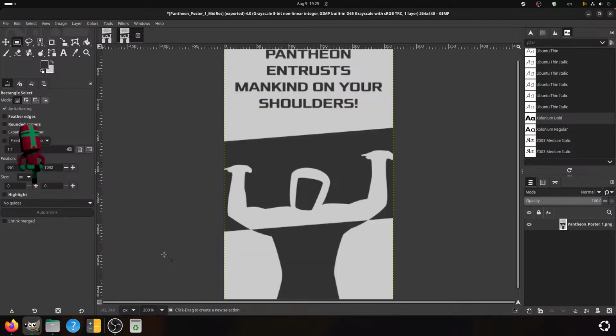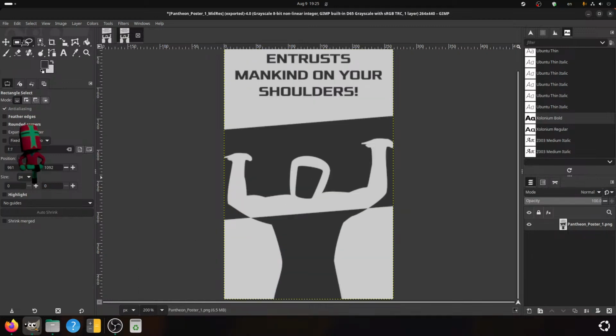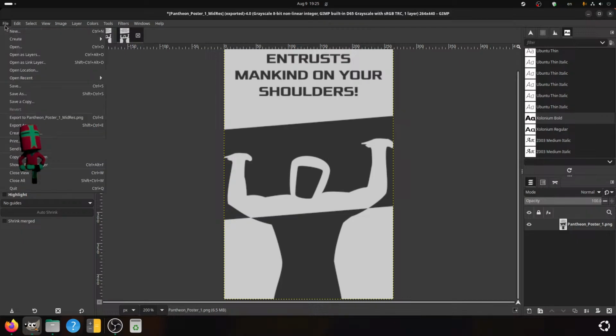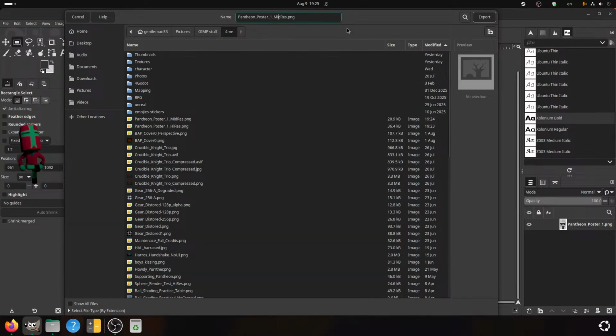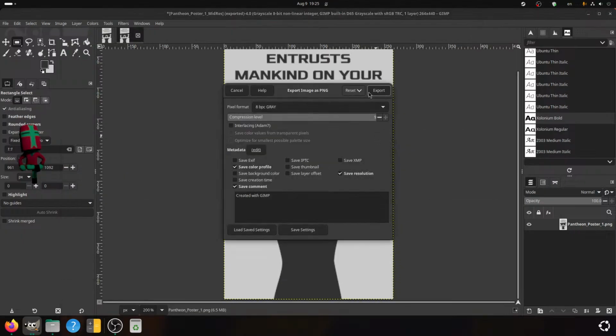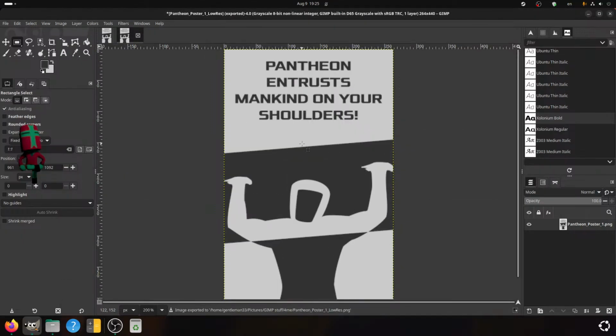Is the text still legible? Yes, perfectly legible. You will be the low-res version. Pantheon entrusts mankind on your shoulders. Remember this.